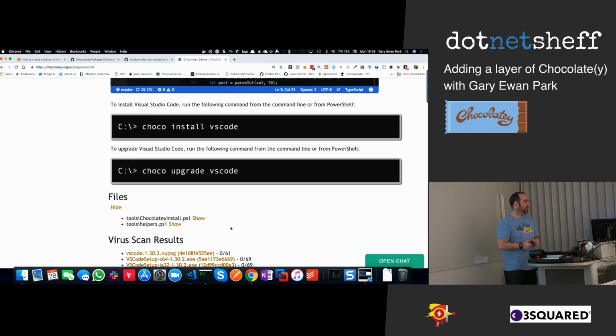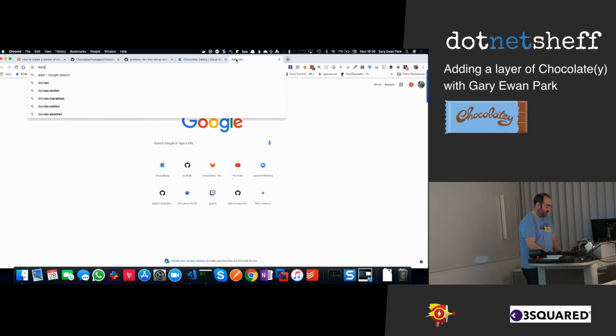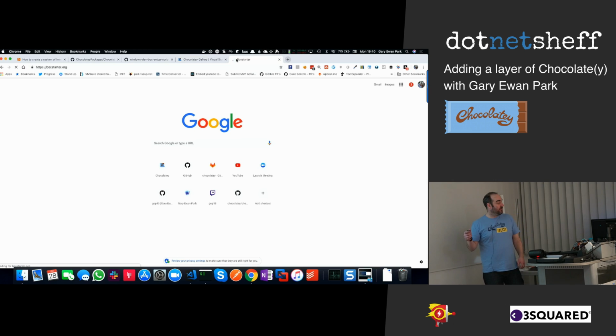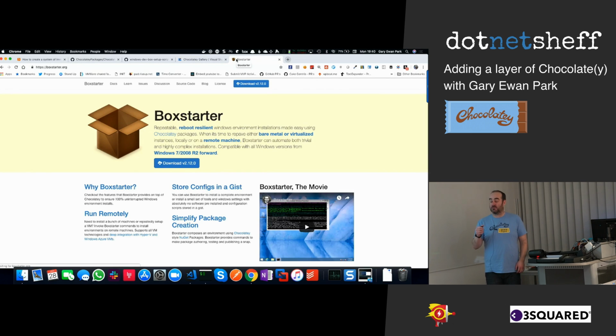Question? So how do Chocolatey and Boxstarter work together? Okay, so the question is, how do Chocolatey and Boxstarter work together? For those of you that don't know, let's have a quick foray into that one. Boxstarter is another open source project that was created by a very clever individual called Matt Wrock. So what Matt created was a